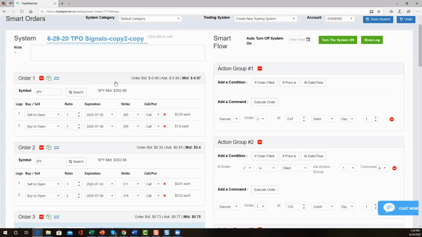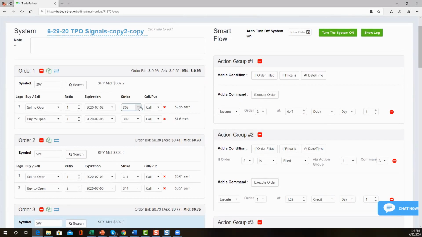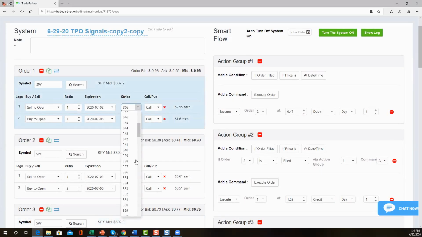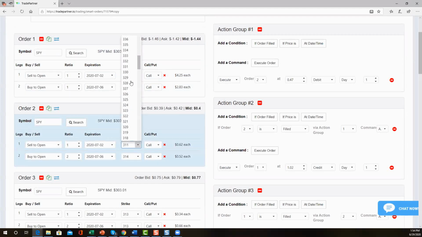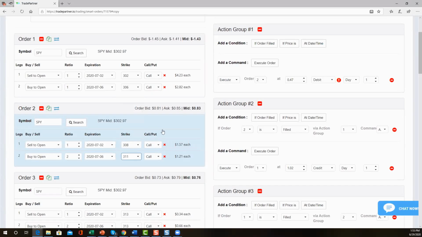What could you do to create a more neutral scenario? Well, you could go in the money with this bearish, and then bring down the bullish. But the problem is that we'll go down 3 points. Okay, so 302, 306. You're going to get a bigger credit on the bearish. 302, 306. It'll update here in a second, and then we'll pull down the bullish. So it's a $1.44 credit. So we'll pull down the bullish to 308, 311s. All right, 308 to 311. And that'll update here in a second.